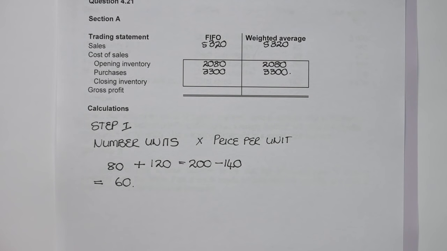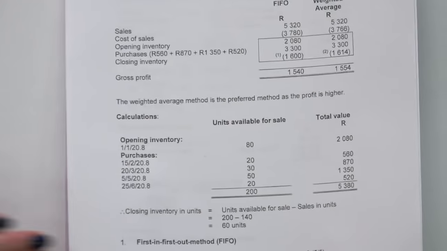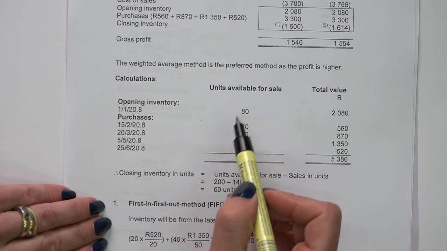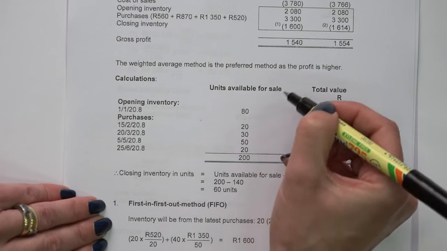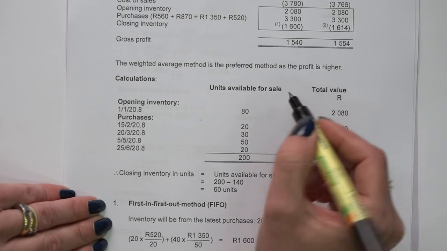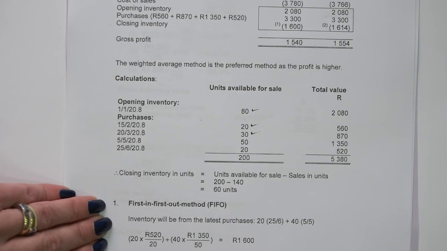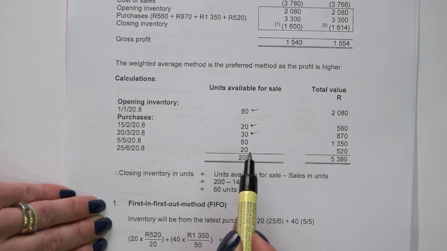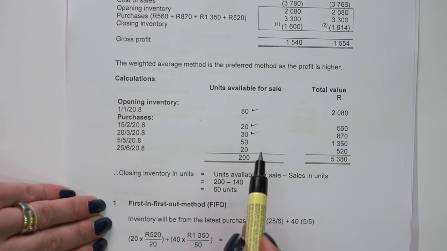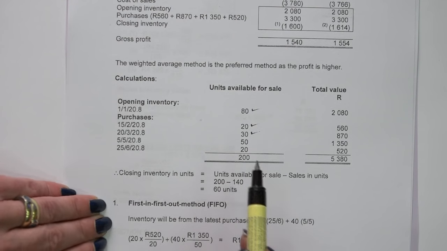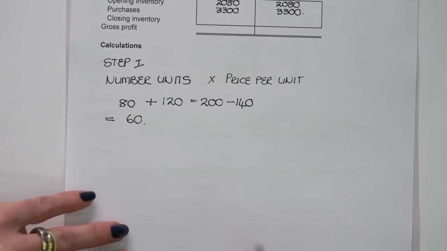Now for first in, first out, if you look at the units available, whatever came in first went out first. That means that these top units were the units that we sold first. If we are now looking for 60 units as closing inventory, we have to start by looking at the last batches. So if I look at the last batch, I find of the 60, 20 units is from the last batch. So I would have to split up my 60 units that I've calculated into